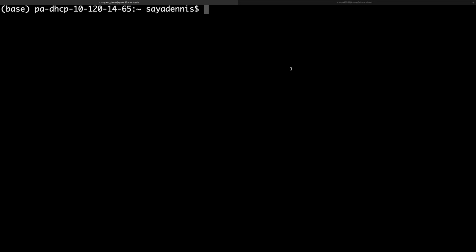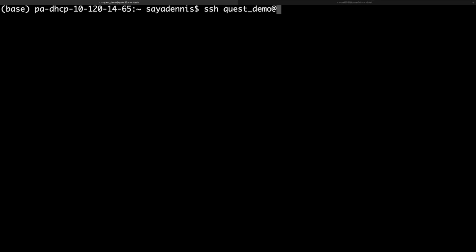Now, there's actually a few different ways that you can log into Quest, and we have a separate YouTube video describing how to log into Quest in each of those ways. So I'll put that link in the description of this video, but for the purpose of this video, I'll be using the method called SSH. So to log into Quest through SSH, you go to your terminal and you type SSH space your NetID. So here I'll be using the Quest demo account